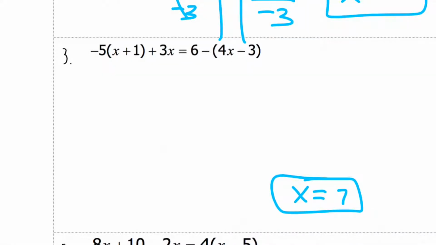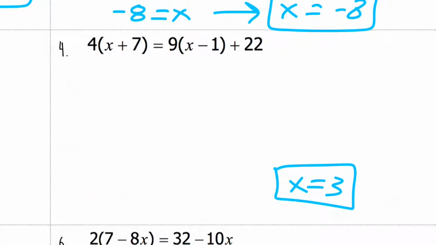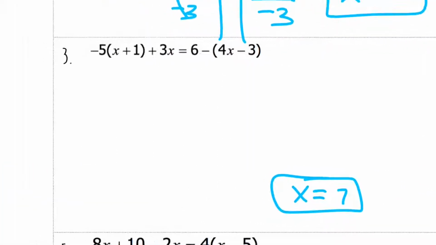Okay, so you're here to check your answers for problem 3 and problem 4. For problem 3, you should have found x equals 7. And for problem 4, you should have found x equals 3. If you got those two correct, then move on to problems 5 and 6. If you did not get those correct, then hang on and let's see how we can work through these problems